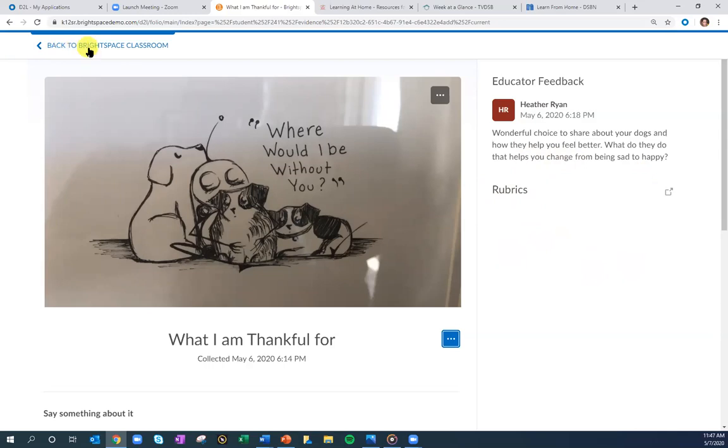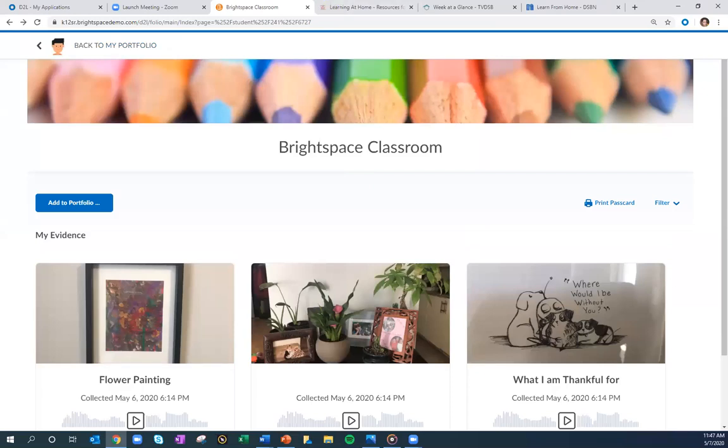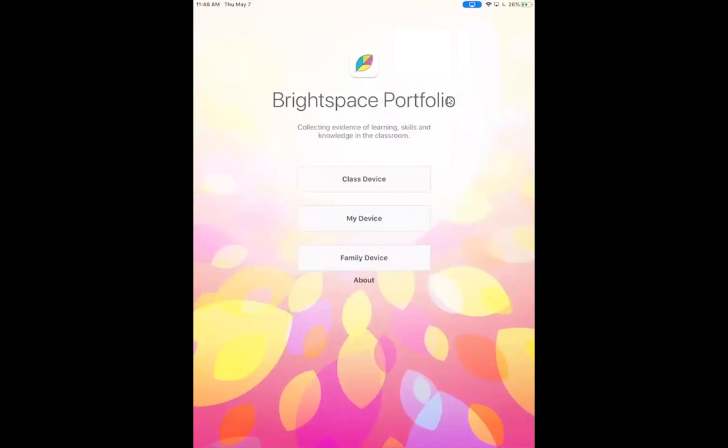All right, so I'm going to take myself over to my iPad so that I can show you what it looks like for a student who is using the iPad at home to collect evidence with their portfolio. So just give me a quick second here while I get the mirroring piece. Okay. So what you see now, slowly coming up in front of you, there you go, is the